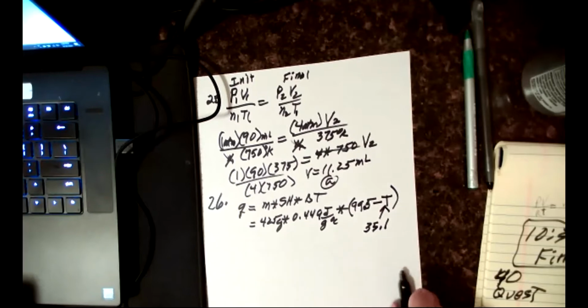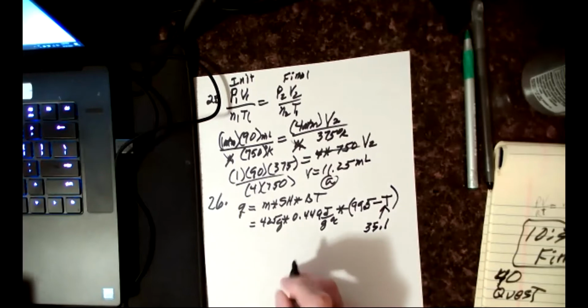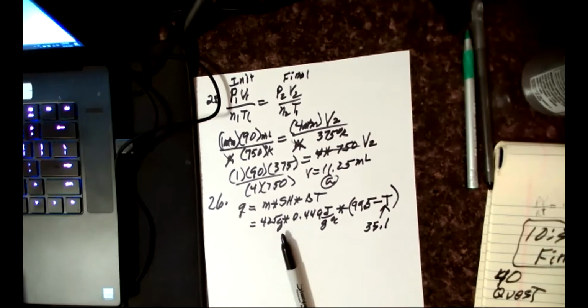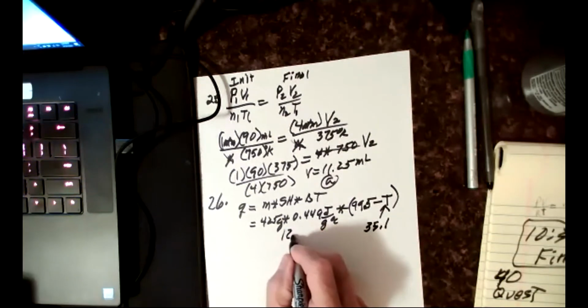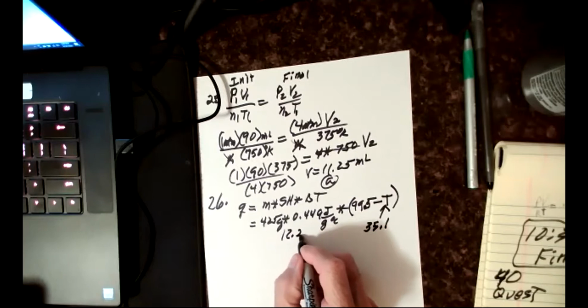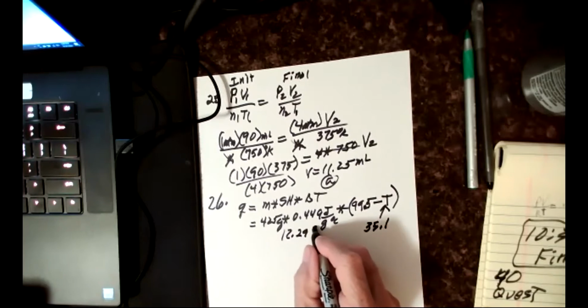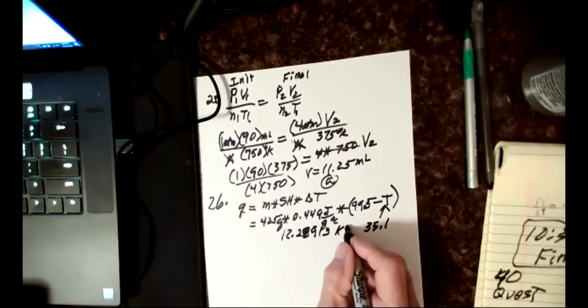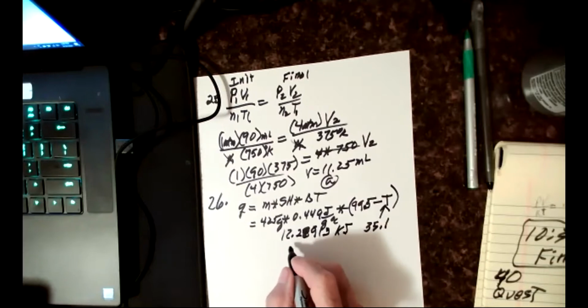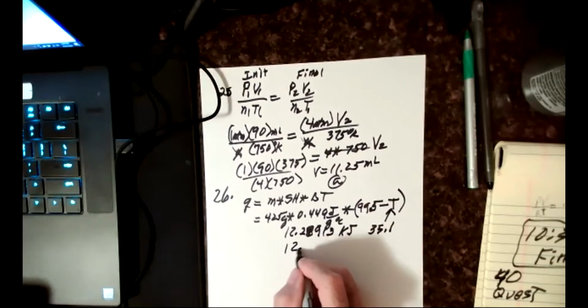And I'm coming out with a big bunch of joules, so I'm going to divide by 1,000 to get to kilojoules, because I see that's what I got my answers in. So the answer is 12.28913 kilojoules. It's going to be 12.3